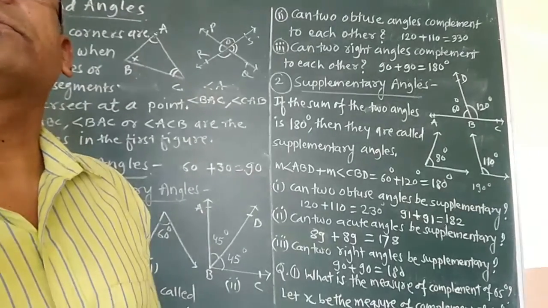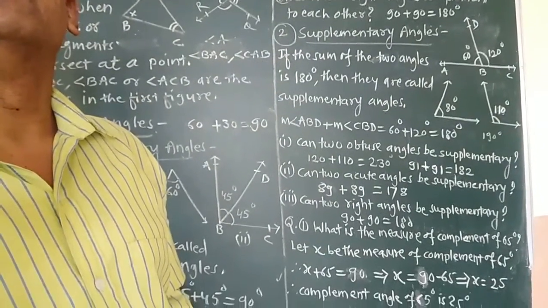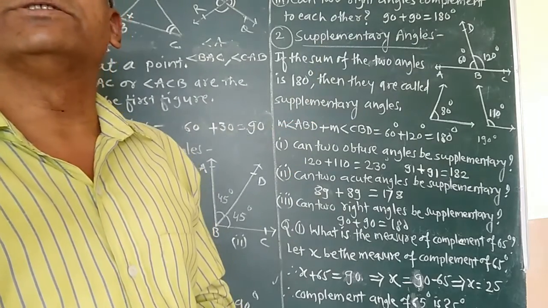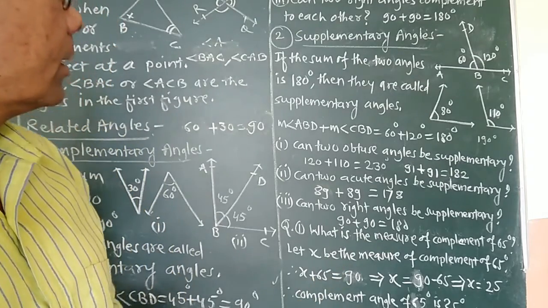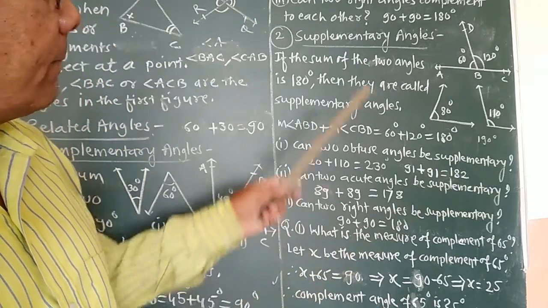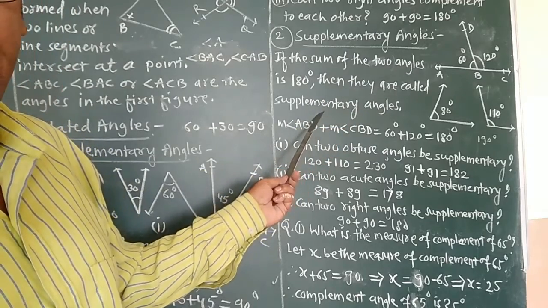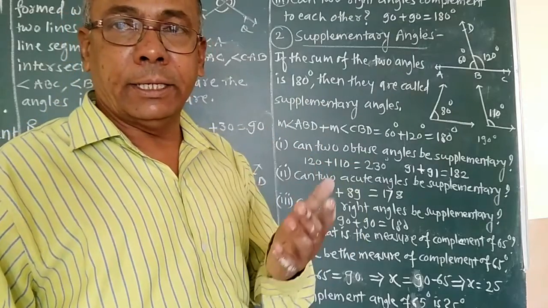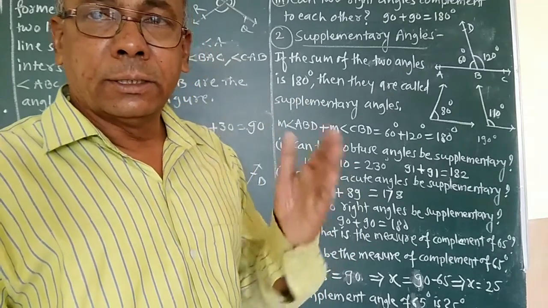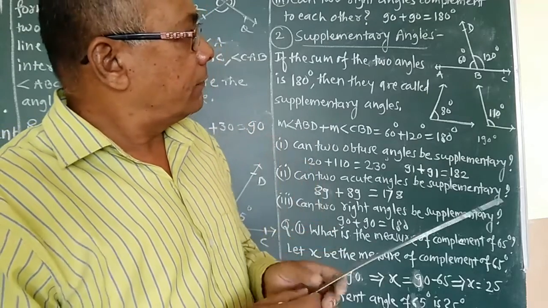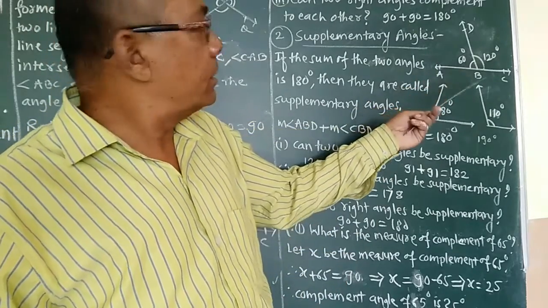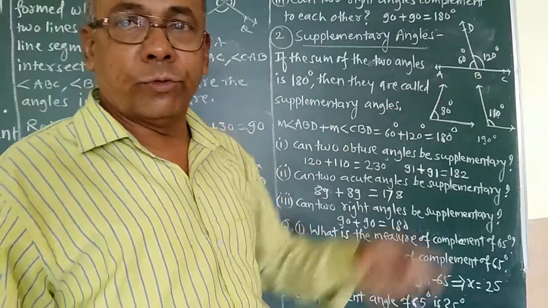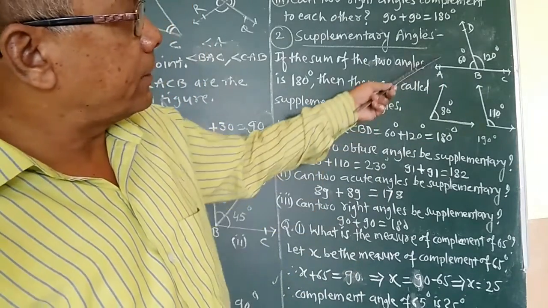Here, if the sum of the two angles is 180 degree, then they are called as supplementary angles. या ठिकाणी जर दोघांची सम 180 डिग्री जर आली तर त्या दोन्ही अँगलला काय म्हटलं जातं? सप्लिमेंटरी अँगल्स. In the above figure, here angle ABD and angle CBD, these two angles have measures respectively 60